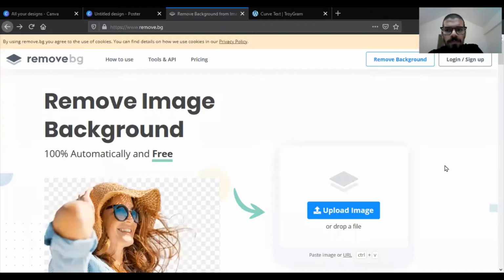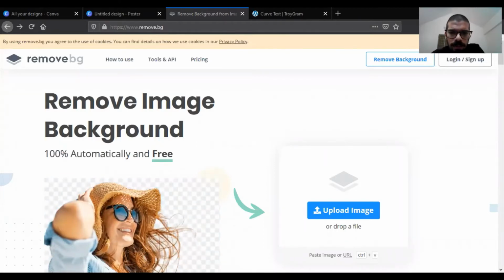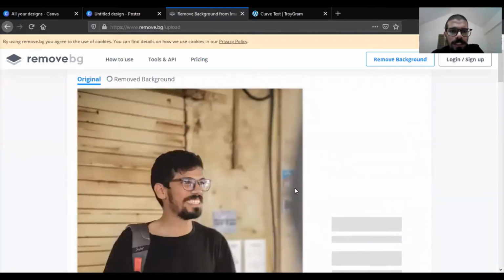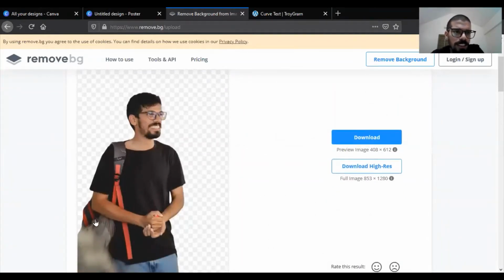So in order to remove the background, you first got to go to remove.bg. Okay, so this is a website. You go to an image. Say over here, I have an image of myself with a background that exists behind it. And if I want to remove this background, what I do is I drag and drop this image into this frame, into the website, and you'll see very quickly and very efficiently this background that exists behind me has been removed. Then you have the option of using this download or the download high res.